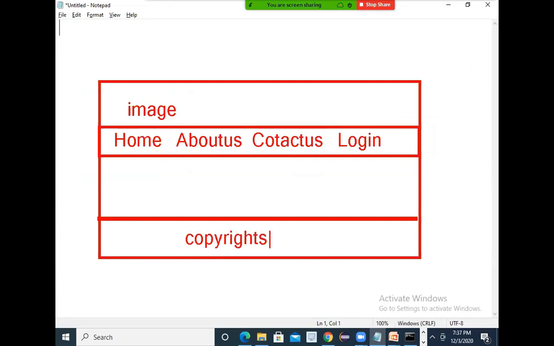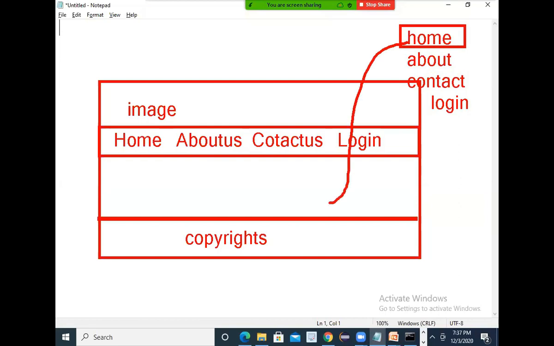Okay. And now I'll create 4 components. One is home component, another is about component, another is contact component, another is login component. So whenever the user clicks on home, I want to execute this home component.html. That output I want to display inside this C part, without refreshing the total web page. A, B, D are fixed throughout my website.